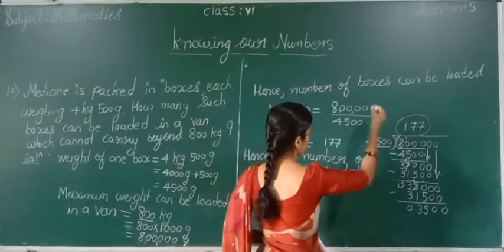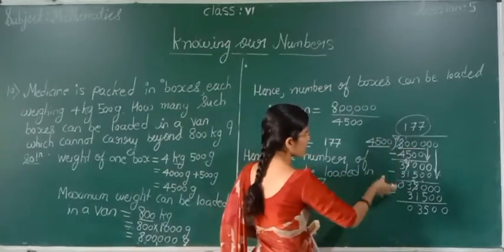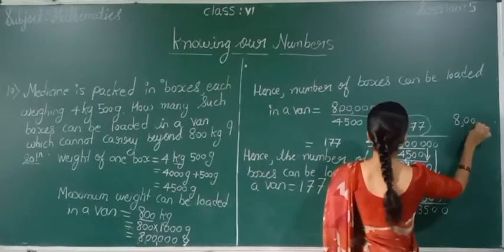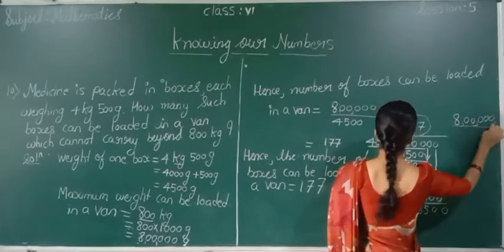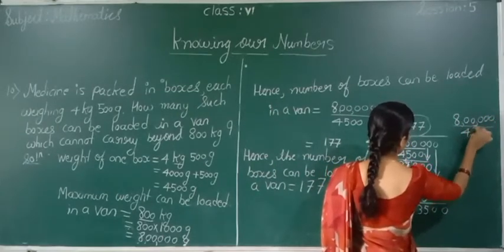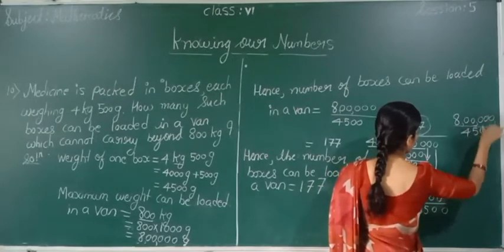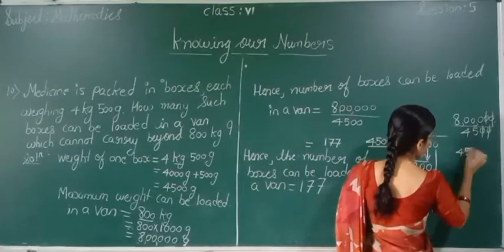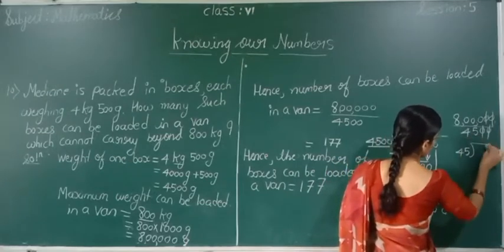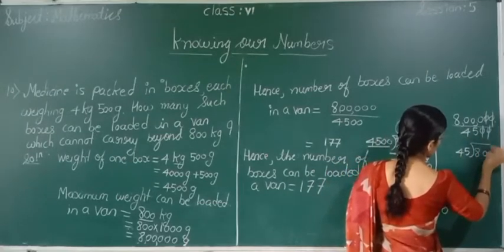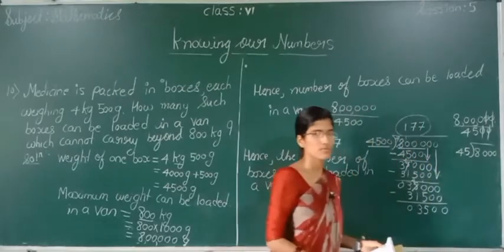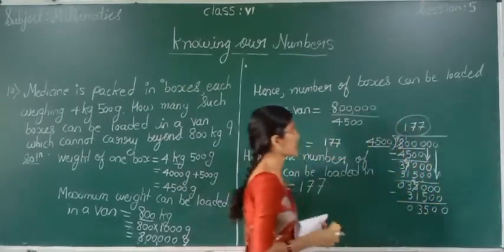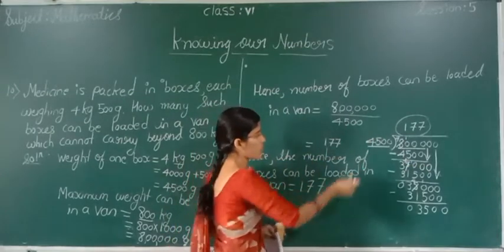Say students, if you are feeling this is very lengthy, what you can do? You can cancel the zeros. See here, 4500, you can cancel the zero like this also, and you can divide 45, and this will become 8000. You can do it like this also. Okay, both are the same. If you don't know any cancellations at all, then you go for this.